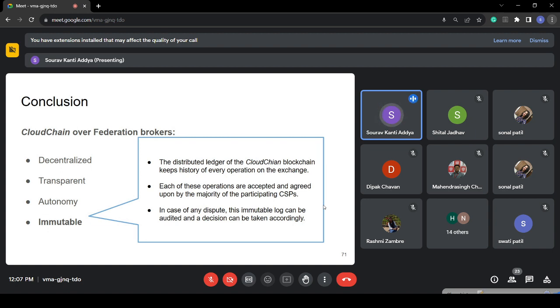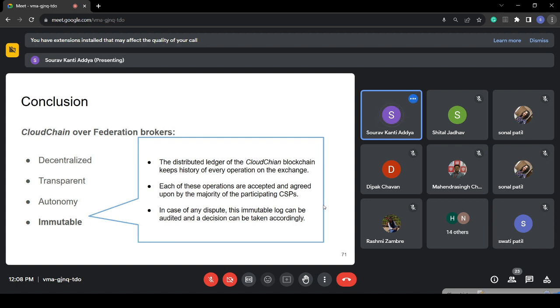Otherwise, that particular transaction will be rejected. In case of any dispute, this immutable log can be audited and a decision can be taken accordingly. If any malicious thing happens, we can go back to the previous log or previous blocks to see what happened or what the earlier data was. Based on that, we can